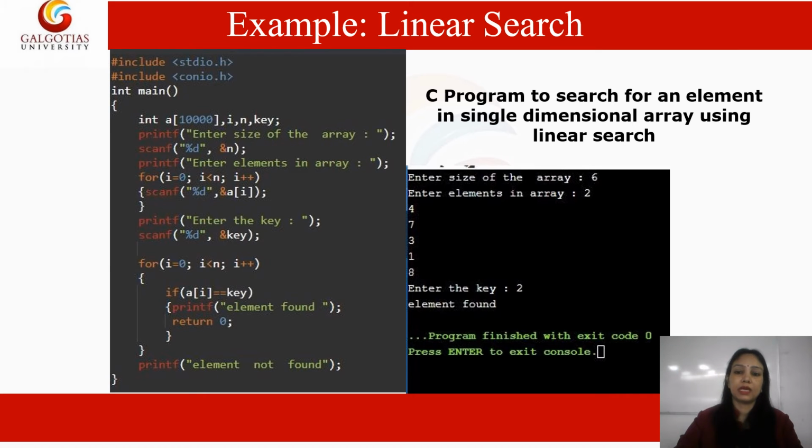Now here is the program for linear search, which is written in C programming, and you all are familiar with the code of an array. I am just going to explain the concepts which we have used here. On the left hand side, if you are able to see, first we have entered the array. You all know how to enter a 1D array in C programming.